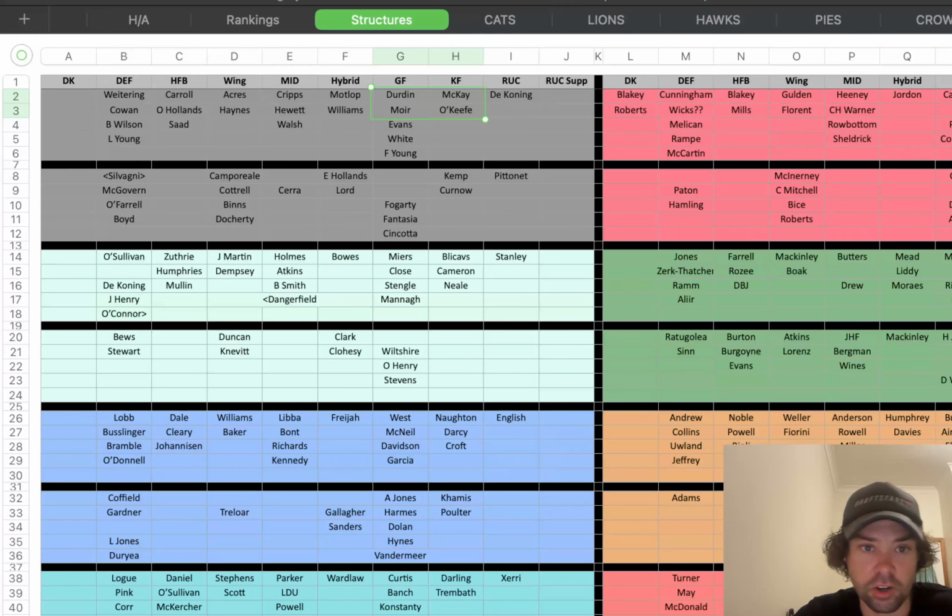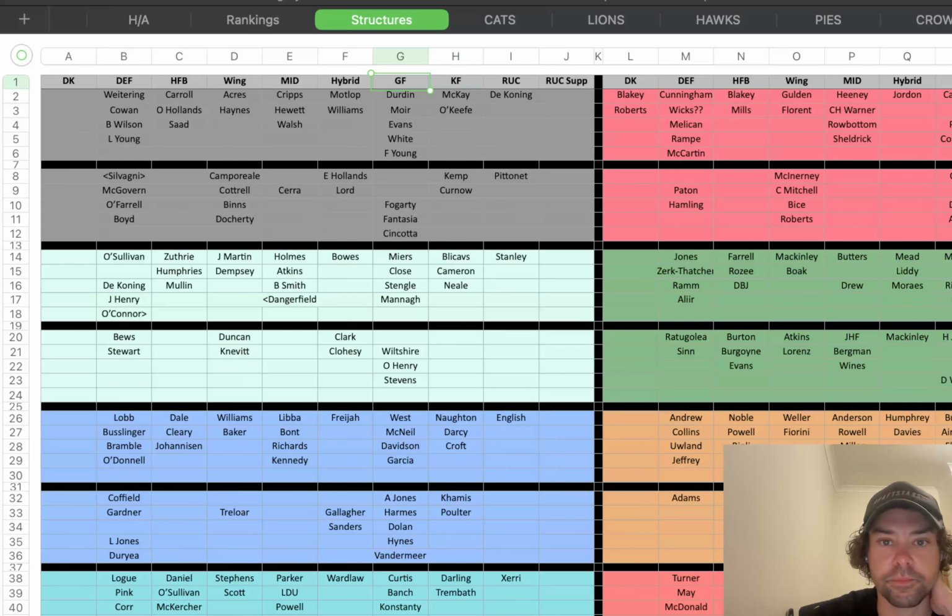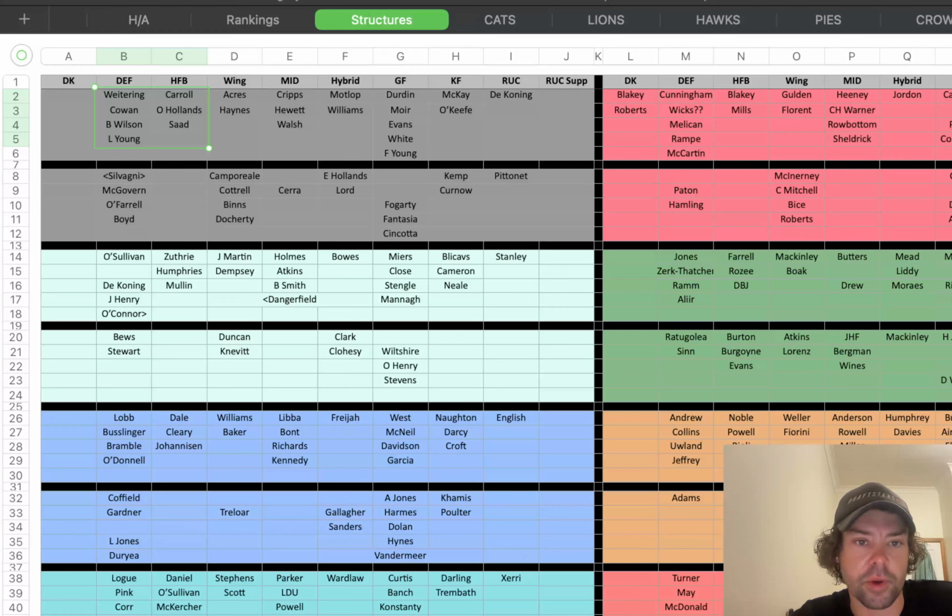It could be a lot simpler. I could just have columns for defender, mid, forward, because that's how I set up my DVP now anyway. When I used to use other people's DVP, it needed to be broken up into more positions. One of the reasons I use simpler DVP, just defender, mid, forward, is because I get a bigger sample size that way.